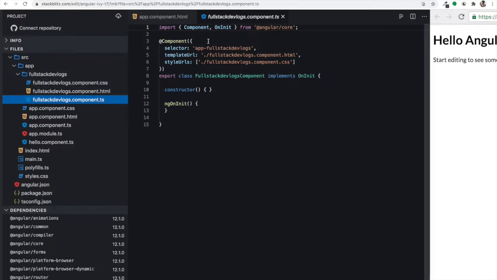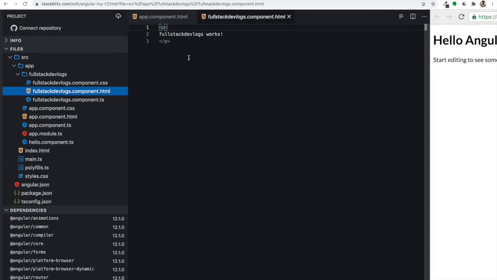There is the component ts file which gives us a selector. We'll copy the selector for now. We have the HTML file which says full stack devlog works. Let's give it some beautiful text, and I will say to you again, don't forget to subscribe